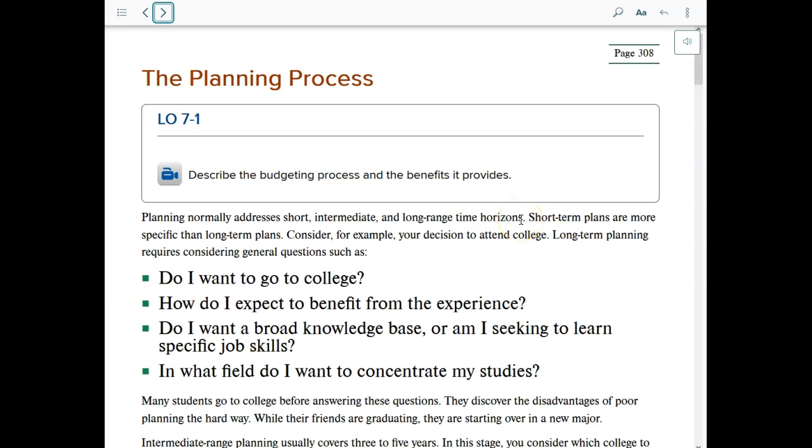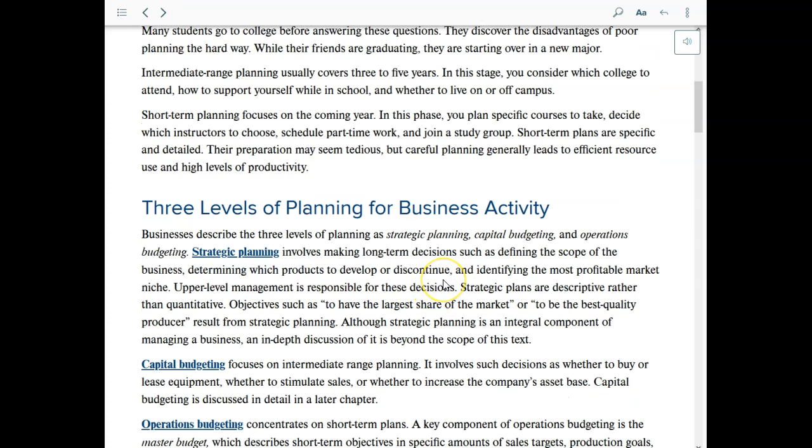Now, all of us use budgets to some extent. Some of them are formal budgeting, where we actually write it down and be very precise. Other types, we just think about it. How much am I going to spend for this or that? Maybe you've done this about going to college. What are your costs on going to college? Tuition and books and fees and so forth. Do you have enough earnings or enough savings to pay for college? So we all are faced with budgeting, but let's see what we do with companies.